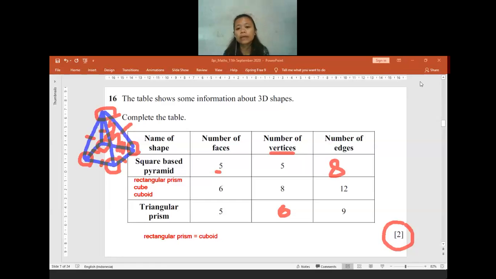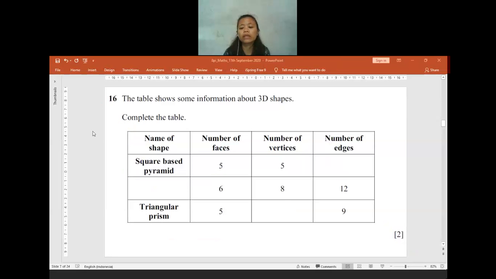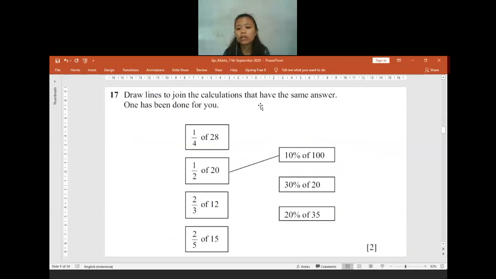No? Okay, if you have no question, I will move to question 17. Can I move, or do you still want to make some notes? Okay, I don't think you will need any notes maybe. I will move to question 17, but let me know if you think you need some time to make any notes, so I can wait for you. Okay, if you have no question, let us move to question 17.